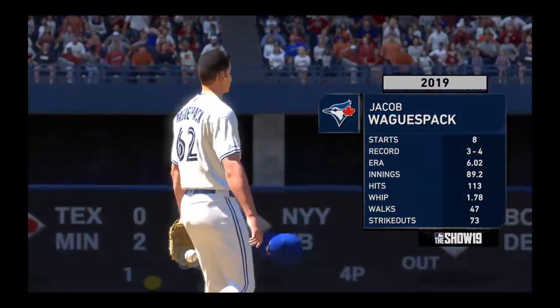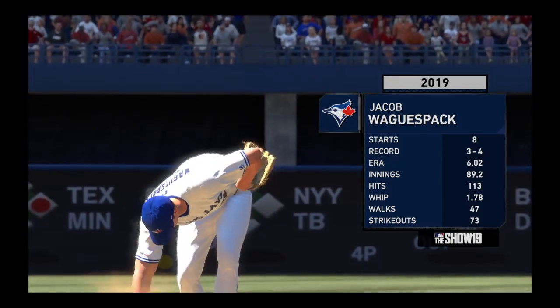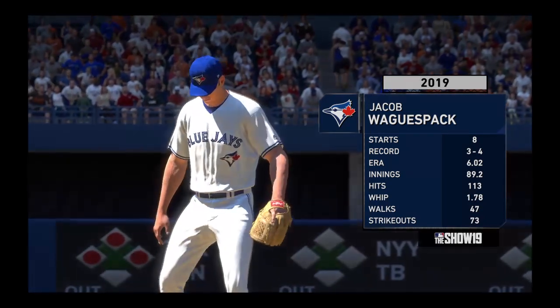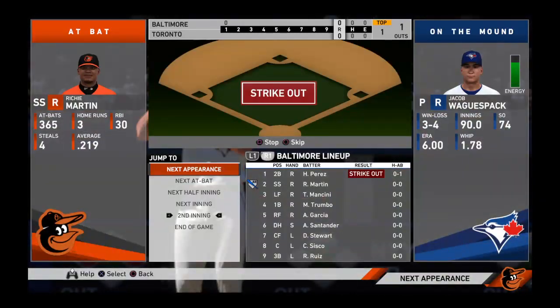What do you have for us on him, Danny? Hey, you take a look at that ERA. That's a little bloated right now. This guy's a better pitcher than that, but he hasn't been real consistent. One good game, one bad game. I think what he needs to do, if he can string together 3 or 4...